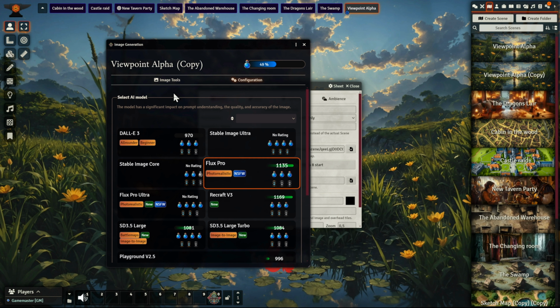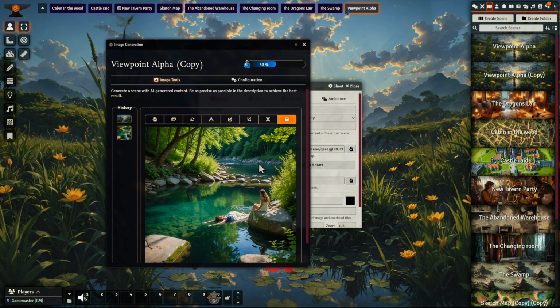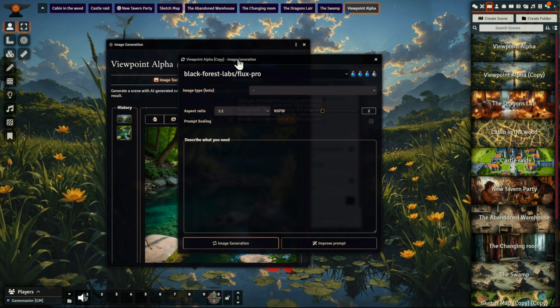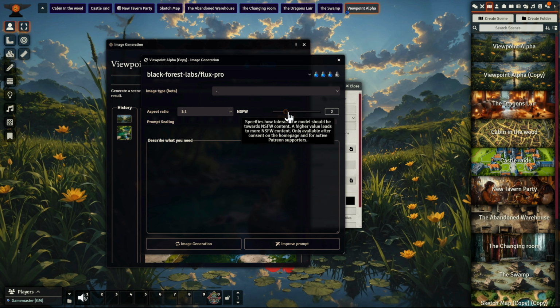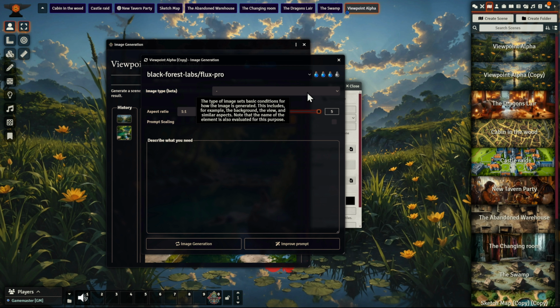I will go with the first one and jump back to my image generation. And as soon as this function is activated, when you go to the generation field, you can now select a level of sensitivity for this filter. So 2 is the standard, 1 is even more restricted, and 5 is the highest value to go to. Again, please don't get me wrong, this is not an AI that will do hardcore footage for you, but that's not the case in Virtual Tabletop and it's not needed here, but it will allow you to generate images with fewer restrictions when it comes to decent nudity or, for example, the illustration of blood.